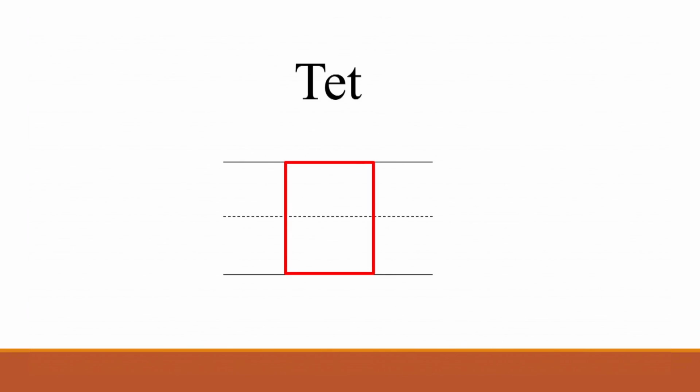Next, you have the tet. And the tet, in the book I tell you that it's a one-stroke letter. It might be easier for you to make this a two-stroke letter. After you start writing fast, you're going to want to just make it one stroke. But here you go. The first stroke is going to take some practice. You have the curve at the top, and then you have that base that doesn't run the full width of the letter. And the second stroke